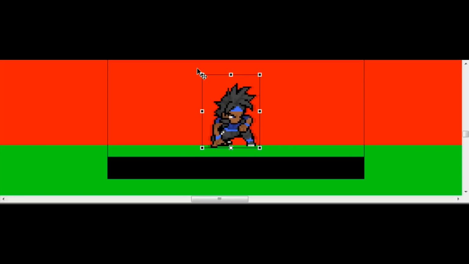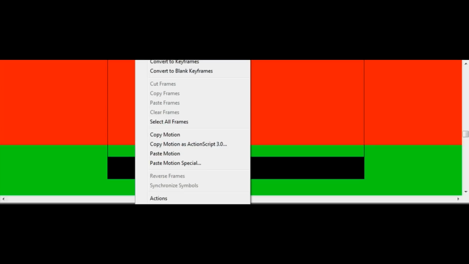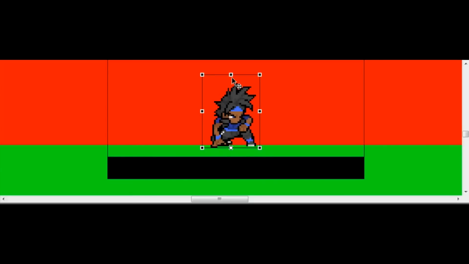And I created a keyframe 3 keyframes later, and made Colt tall and small. So now we've got.